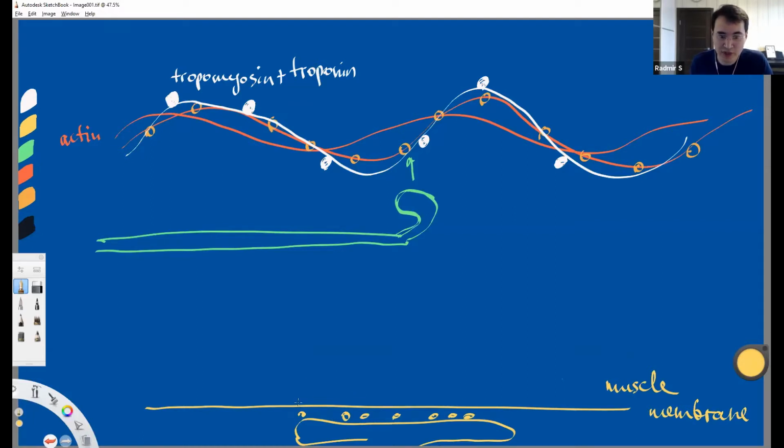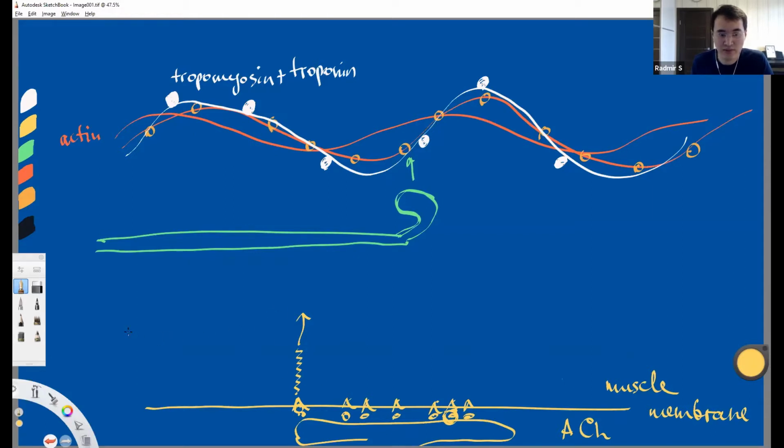So we have special receptors on the muscle membrane, and whenever these receptors get these transmitters, in this case acetylcholine, they bind to these receptors and send the signal inside the cell, and this signal is responsible for